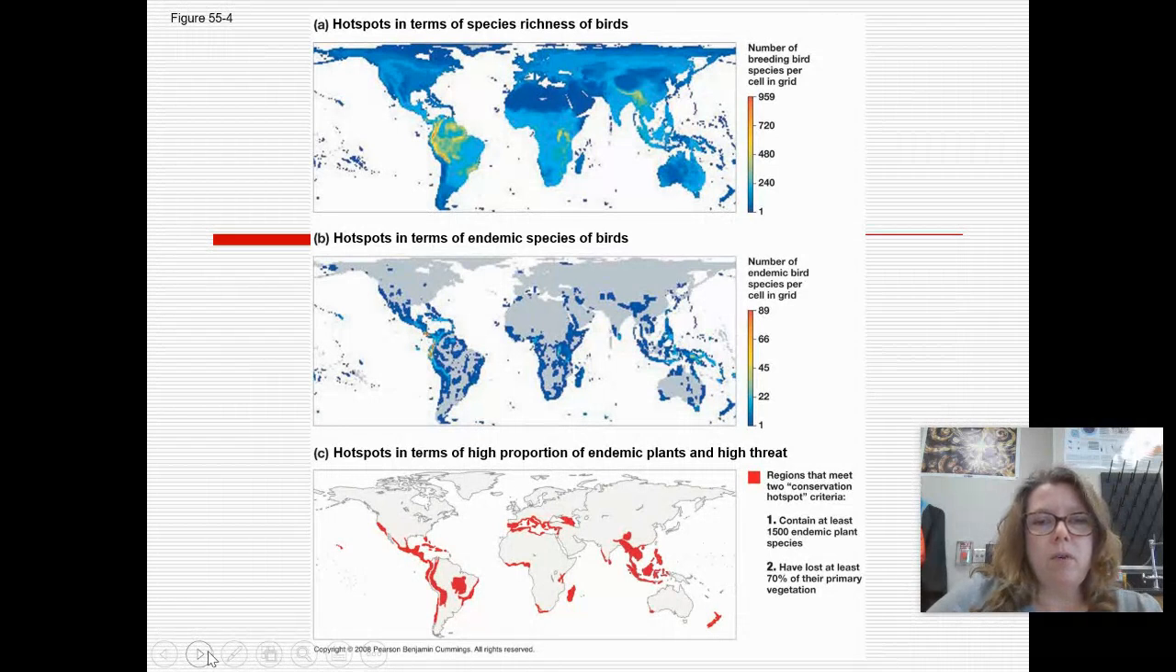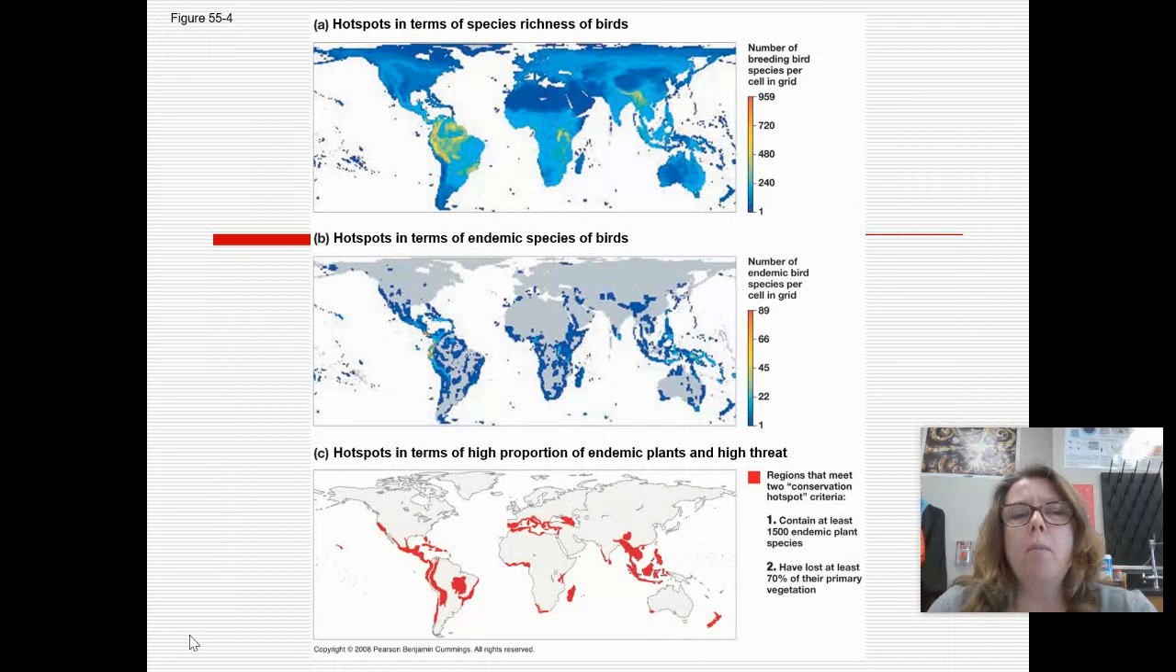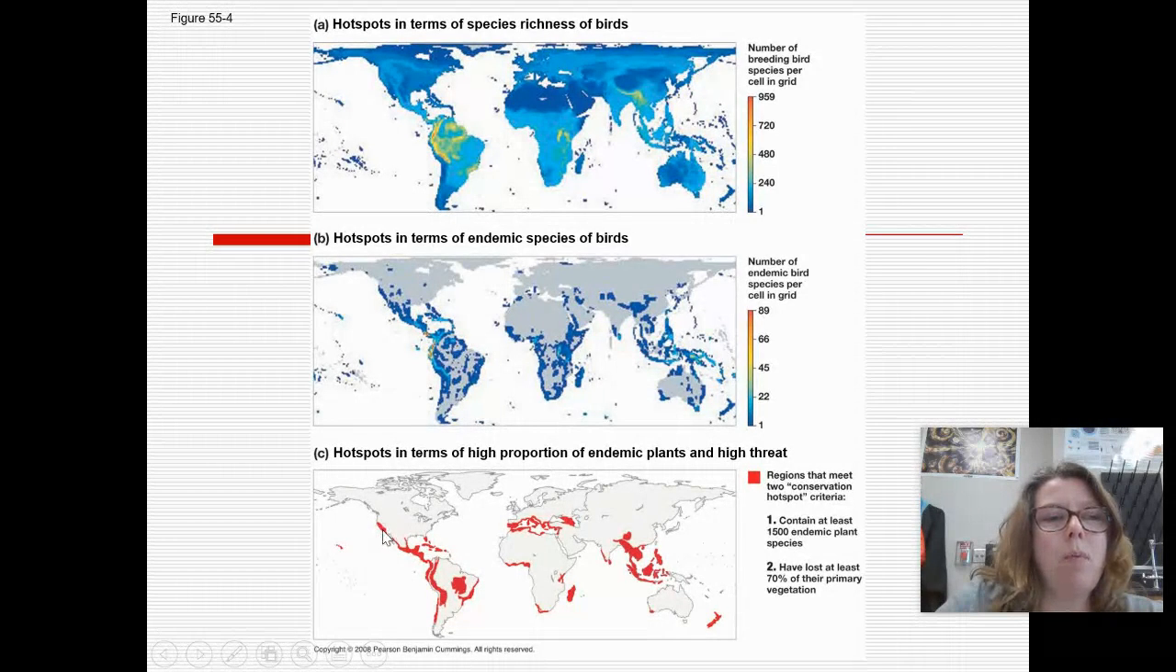When we look at biodiversity in terms of hotspots, hotspots are areas where the biodiversity is threatened for some reason. Right now, there is a big problem here